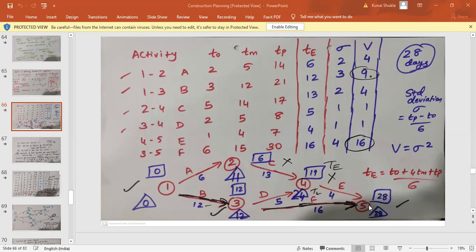Which are the activities on that? B and F are the activities on the critical path. So this is how you have to solve this. So B dash F is the critical path of this project network. Now one or two more things are remaining, but first of all you finish up to this.